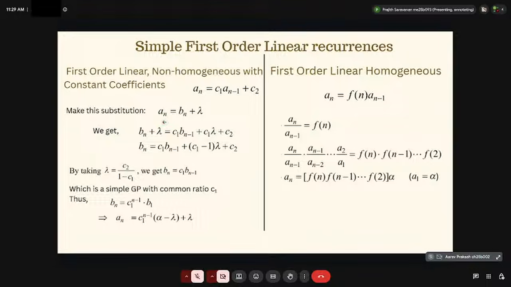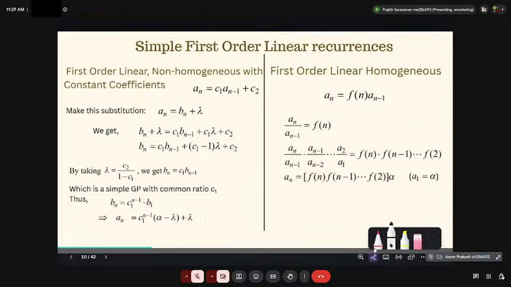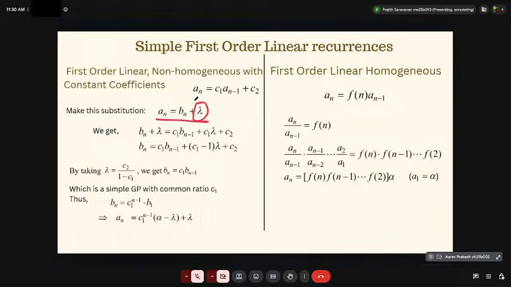We'll consider another sequence, Bn. Bn will differ from An by lambda. Lambda is a constant that we are assuming, whose value we will compute soon over here. But by substituting this, we'll have a unique leverage. If we substitute this back here,